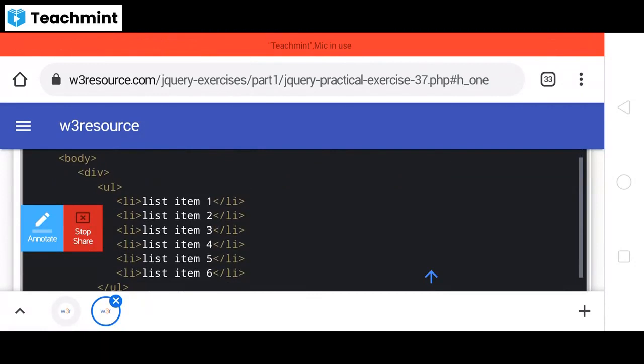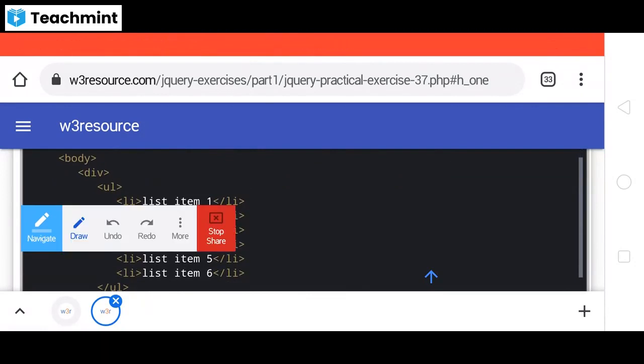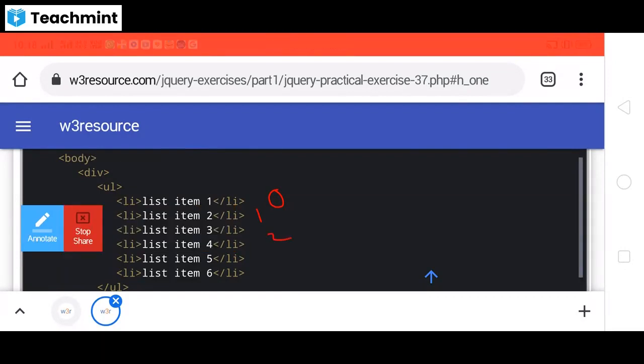So equivalence of 2 means we have the first list item, which is 0, and the second list item is 1, and the third list item is 2. Okay, so here we are going to use list item 3. So that equivalence index value is nothing but 2.